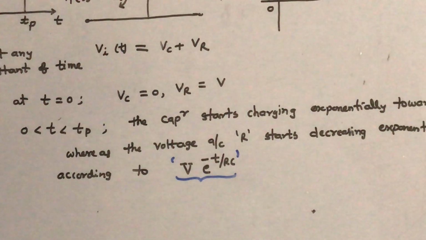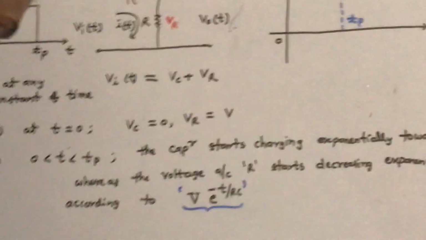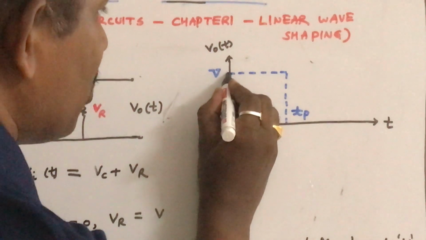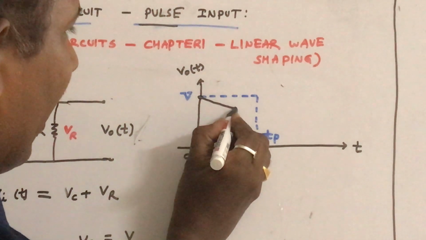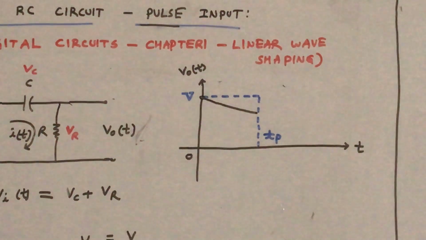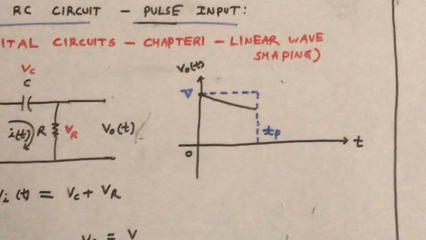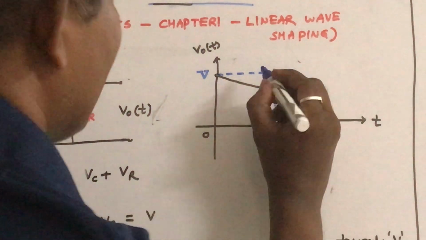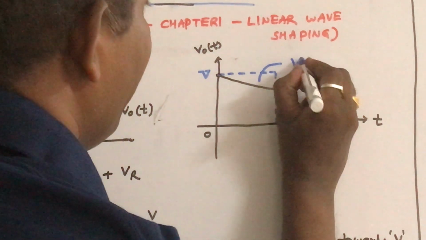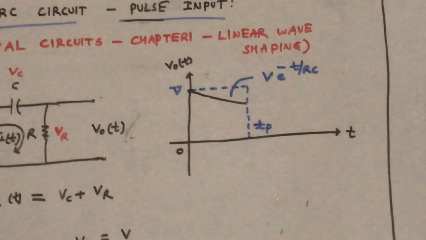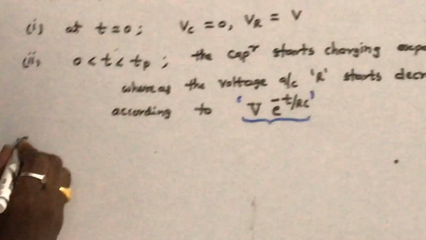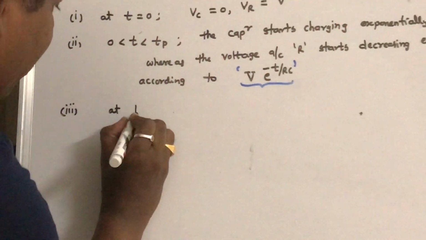So therefore, you can see that the voltage across the resistor, or output voltage, starts decreasing exponentially like this. So therefore, the next case we will take: this is the expression, V into e power minus t by RC. Now, at t is equal to Tp,